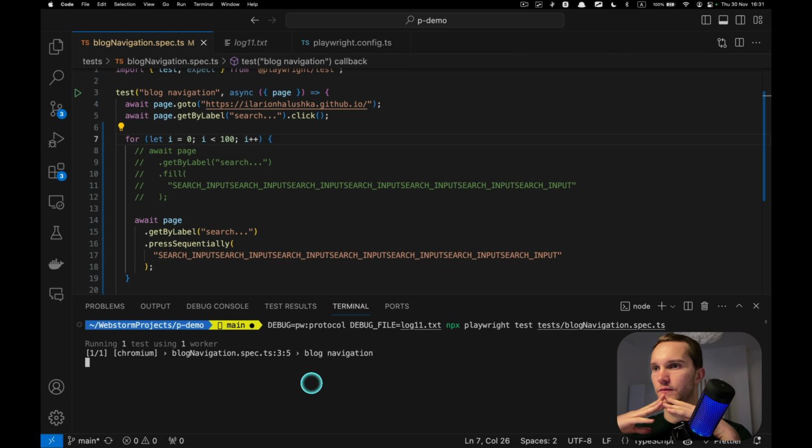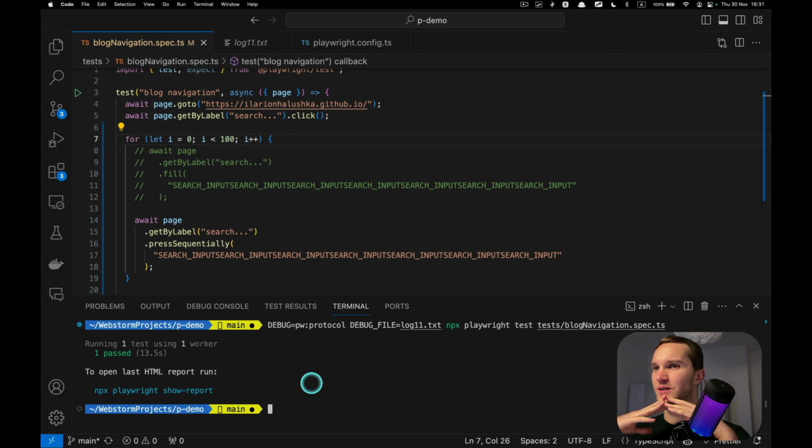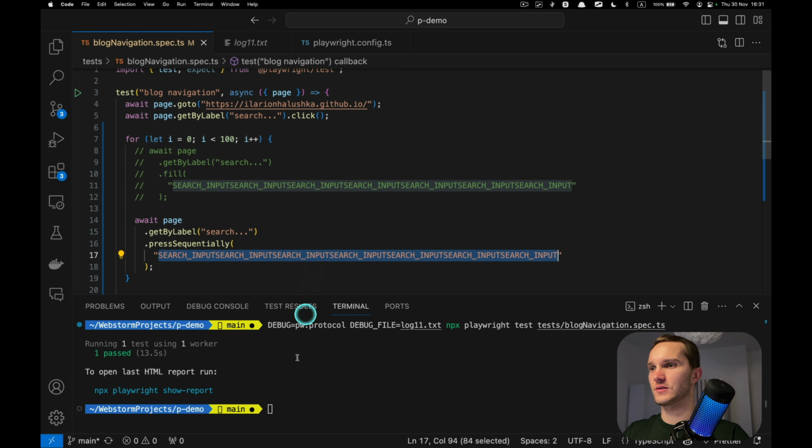Okay, this one didn't time out. You see, the one which had 200 iterations just timed out. It couldn't press sequentially all these 200 times.